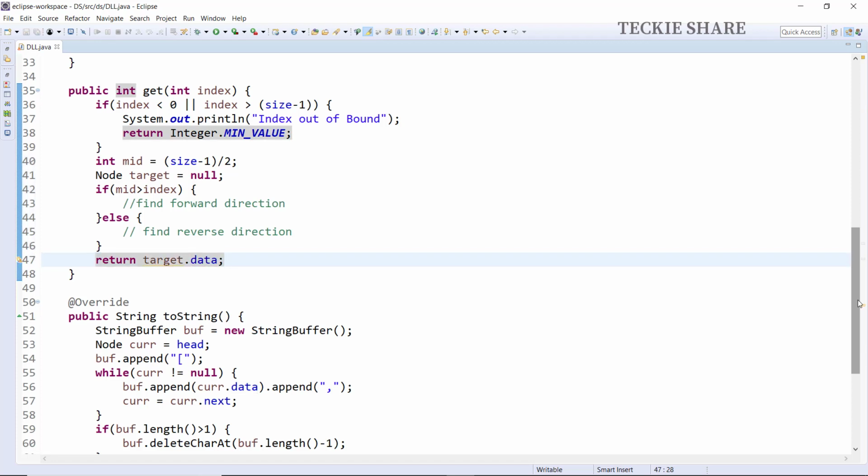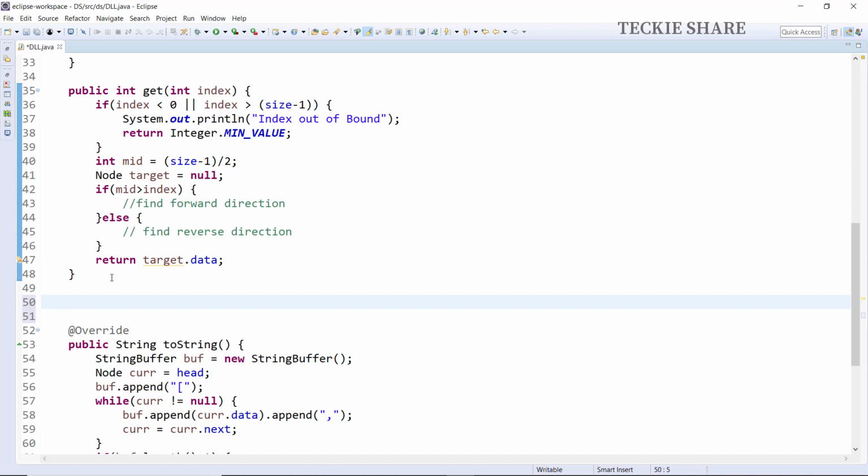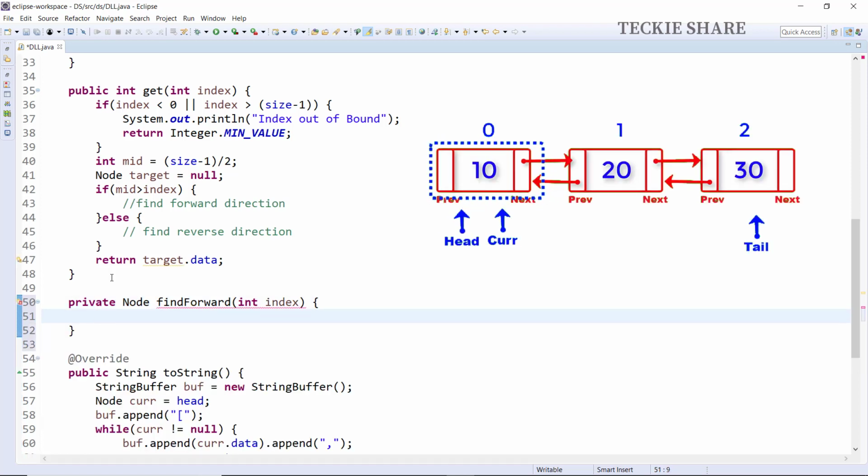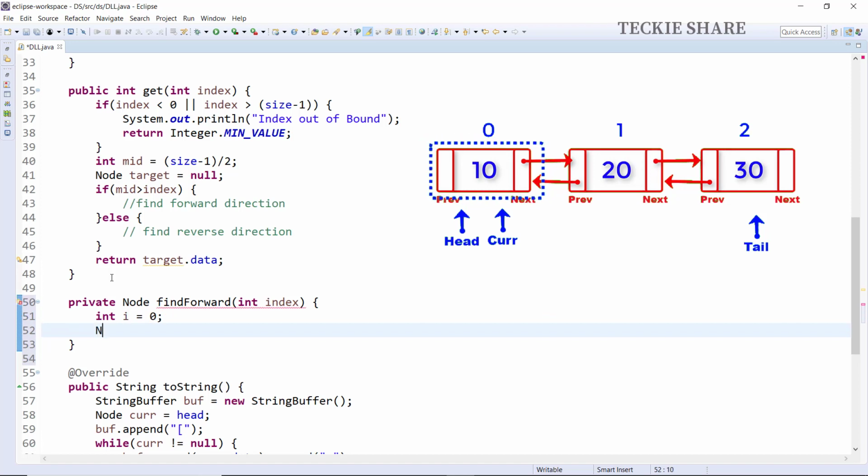Now I am going to implement the find forward direction logic. The find forward direction logic is similar to the traversal logic in the linked list data structure. So what have we done in the linked list data structure for finding the data? Initially you created one field called i, which points to the 0th index position. After that you have one node called current, which points to the header element.